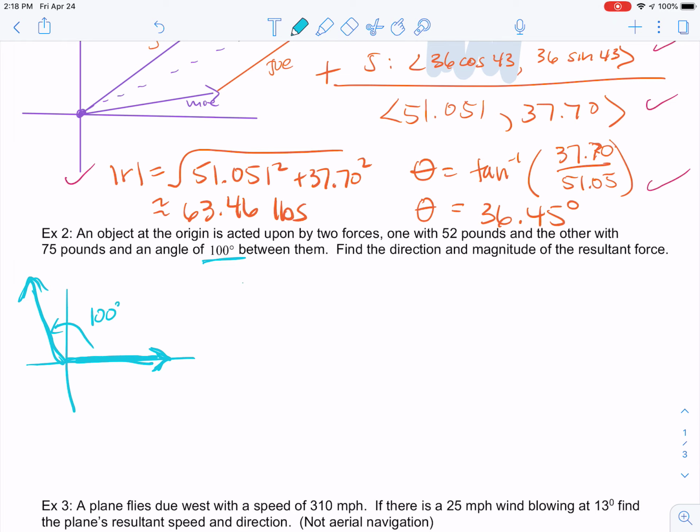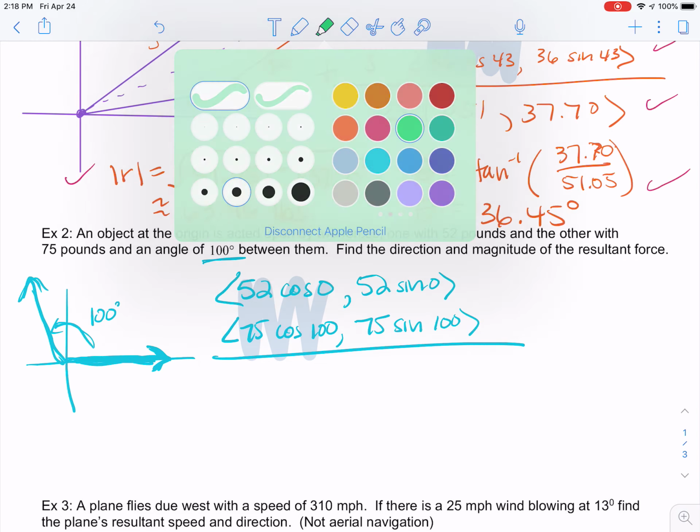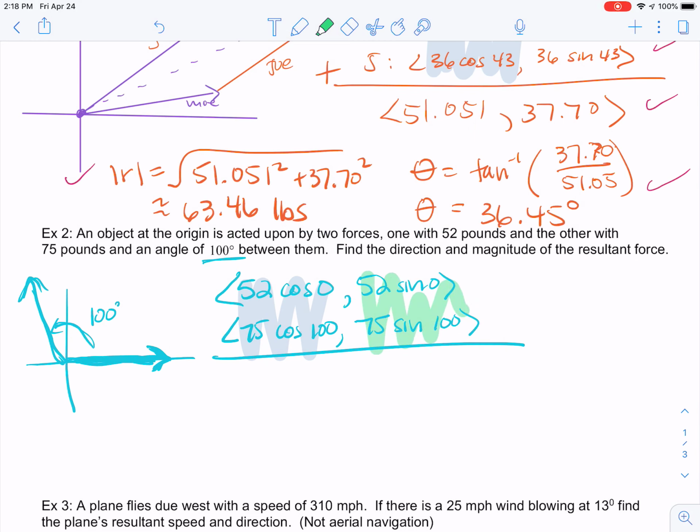So we'll pick the first one, 52 cosine 0, and you just write it out as 0 because you're putting it on the x-axis. And then 52 sine 0, and then the next one we do 75 cosine, and we use the angle between them because that's 100. And then 75 sine 100. And you just pick up your Casio. Remember, you're adding these two together, and then you're adding these two together, okay? So 52, I'm typing this in, cosine 0, I'm in degrees, plus 75 cosine 100, and I'm getting